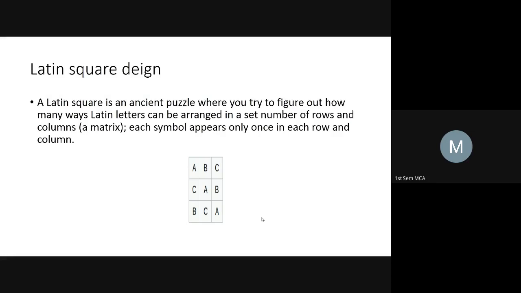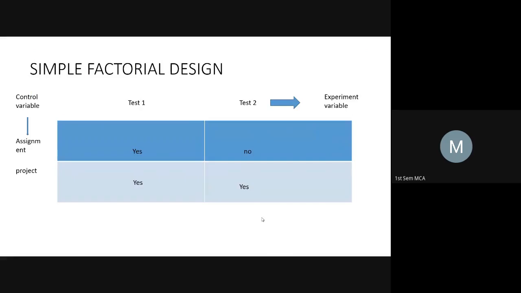A very simple example that I would like to give in this case is the N-Queens problem. I hope all of you know about the N-Queens problem. What is the maximum number of queens that you can place on a 3x3 board or 6x6 board or 9x9 board? It will give you the maximum number of solutions that you can get under the given constraints, in the given set of rows and columns. So that is what a Latin square design is. I think that's all with respect to experiment design.